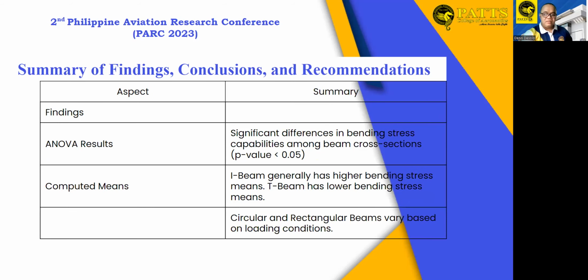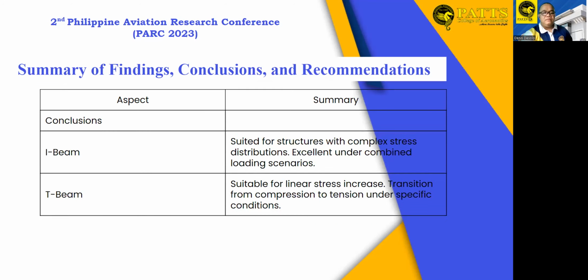For the ANOVA results, we have significant differences in bending stress capabilities among beam cross-sections, with a p-value less than 0.05. For the computed means, the I-beam generally has higher bending stress means compared to the T-beam, which has lower bending stress means. Circular and rectangular beams vary based on loading conditions with regards to their computed means. For the conclusion, based on the findings,